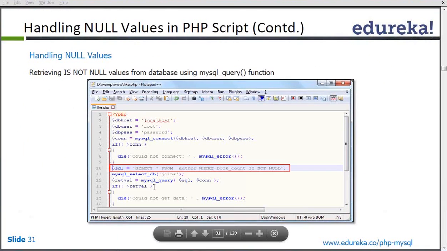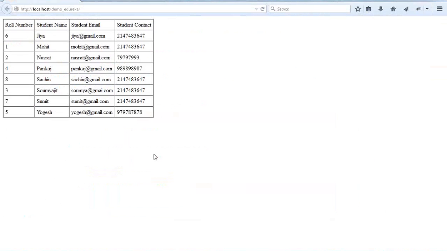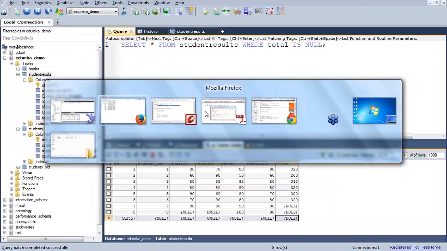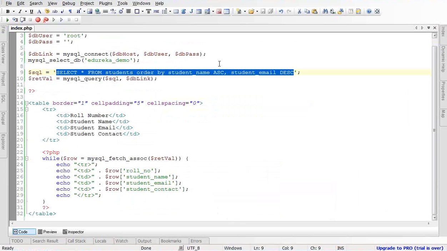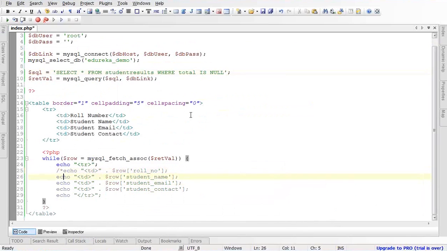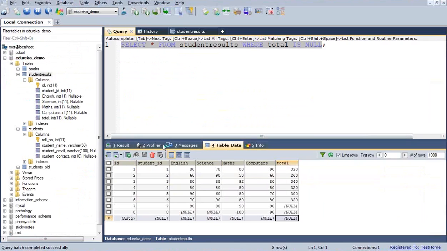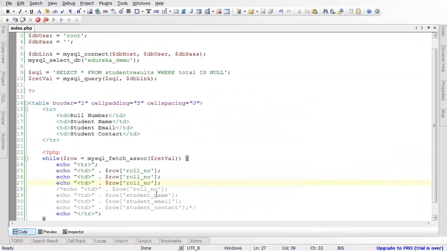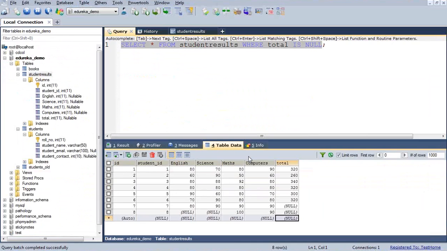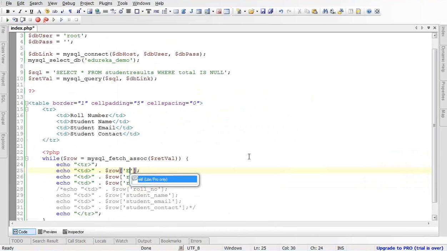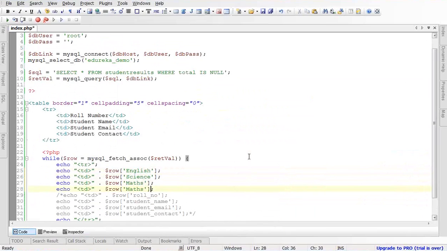This same thing we can do by writing the query here in our PHP, and we will get the result like this. Like I copy the query and I write it here. Now to change this, as I'm getting data from a separate table and the column names are different, I will take English, science, maths, and then